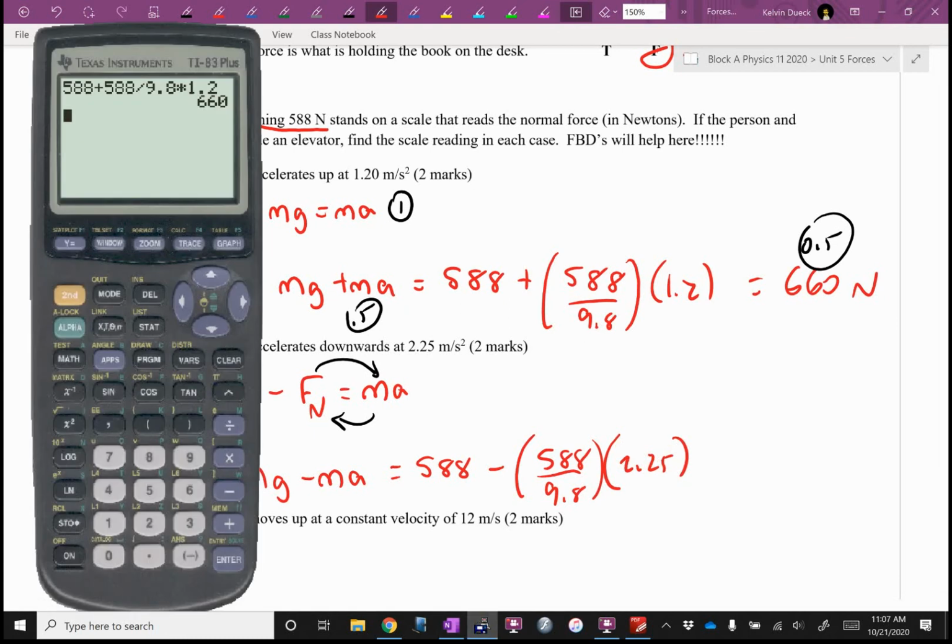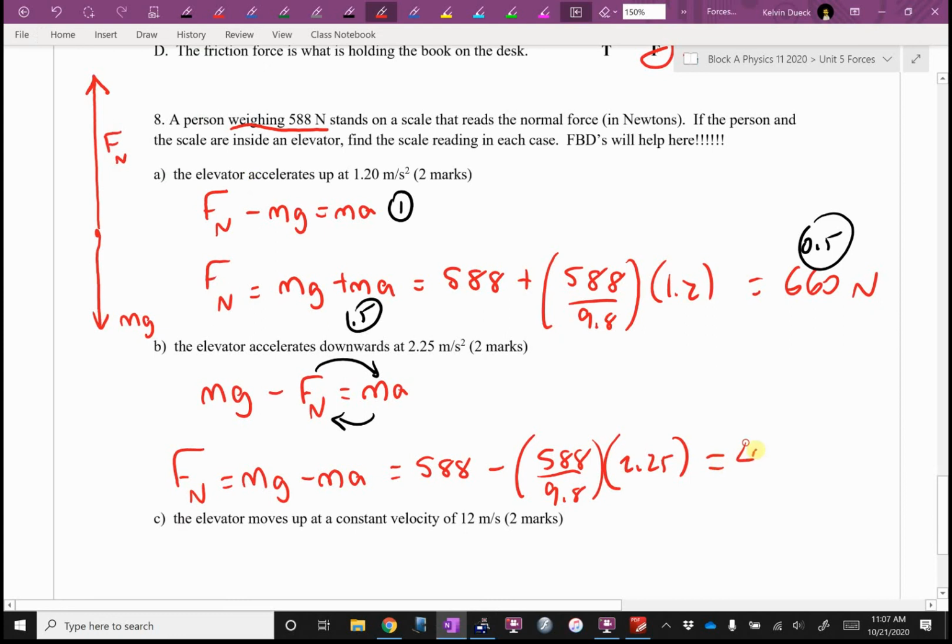See, Aiden, this is how lazy I am. I said, I can bring back my previous line on my calculator, and all I need to do is change the plus sign to a minus sign and change the 1.2 to a 2.25, and I don't need to retype anything. I do actually think about these things. So that's why I chose not to bother. Also, by the way, if you go 588 divided by 9.8, oh, this one did work out evenly. Often it's a yucky decimal, and I would rather use my answer button or just put it in there rather than use a rounded off mass. Okay? What did I get? 453